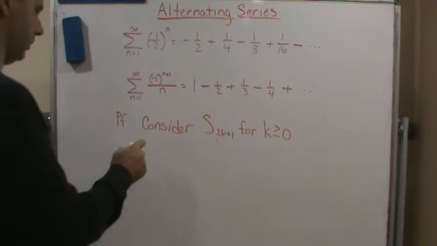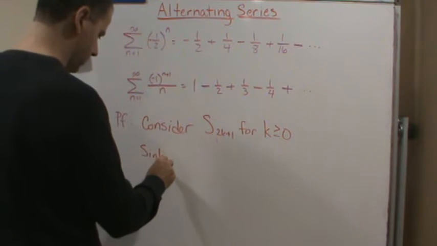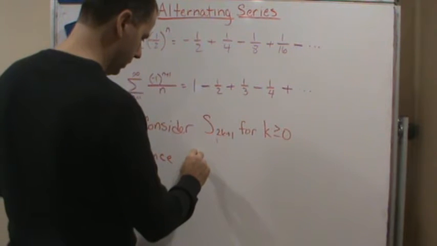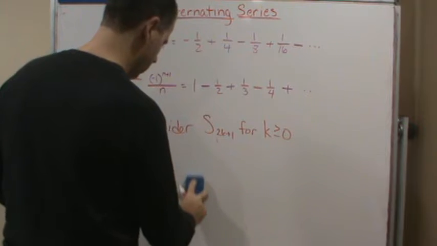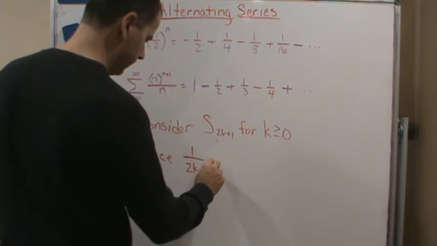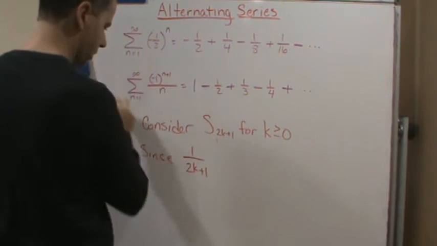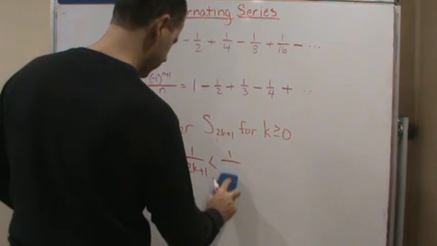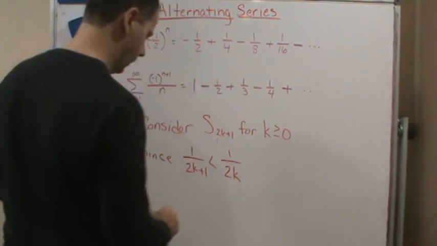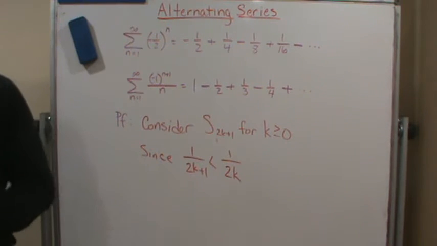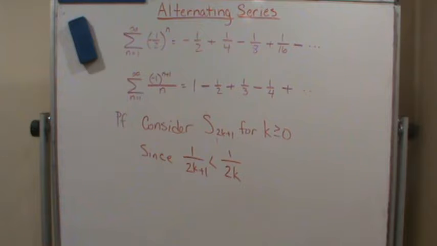Now, since 1 over 2k plus 1 is less than 1 over 2k, what we're doing is taking all the terms of the odd partial sums, right? So since this is true, then we can write